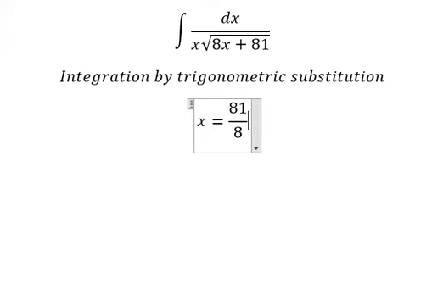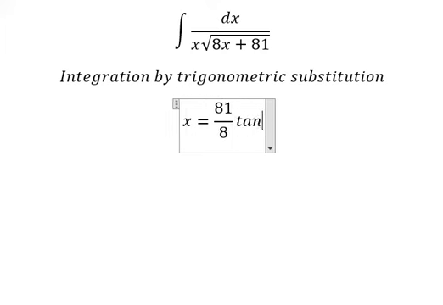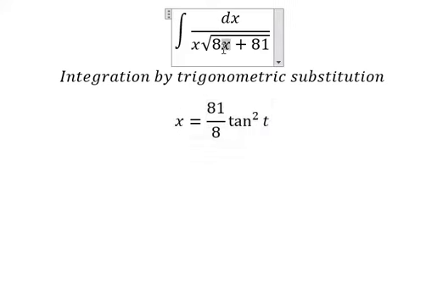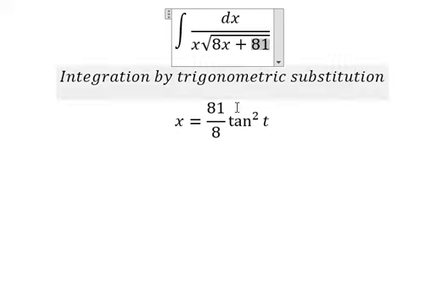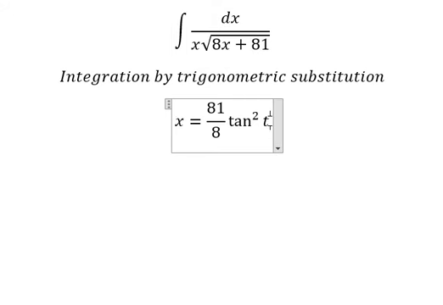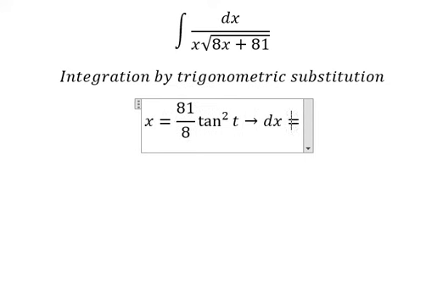81 over 8 tan t square, because if I put this one gone here, we have number 8 and number 8, we cancel 81. We can do factorization. Tan t square plus 1 we change by secant of t square, and later we simplify the square root, and ds. Now we need to do first the derivative for both sides,